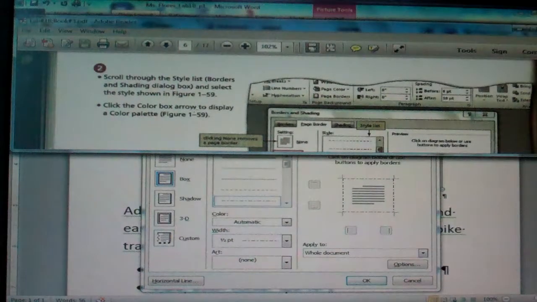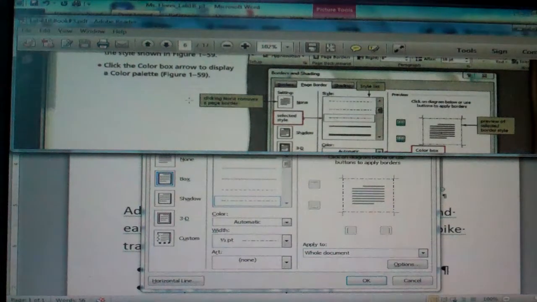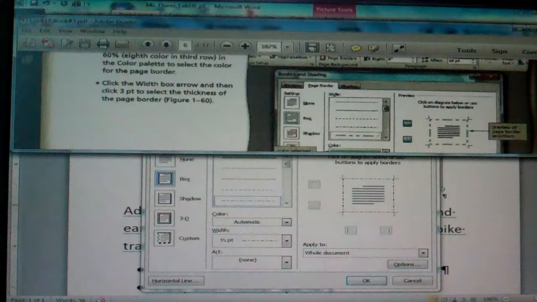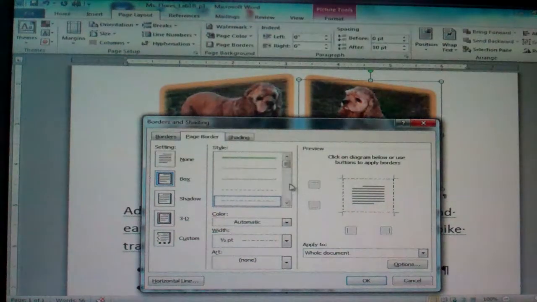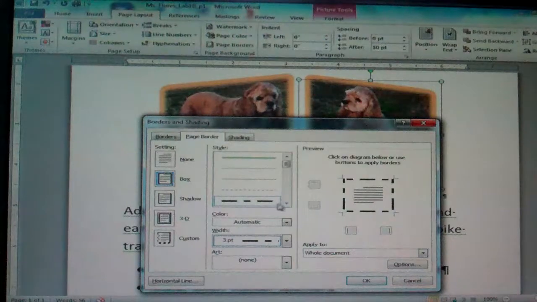Click the color box arrow to display the color panel. Okay, so we're going to do a box. 3-point, and you click on the bottom one. Okay, so we're going to choose the box here, a 3-point right here, and then we're going to choose the